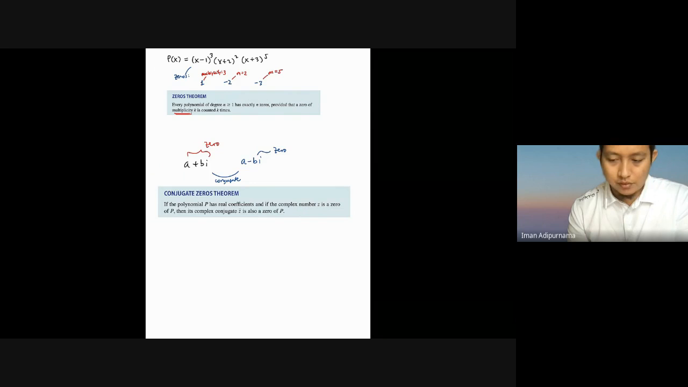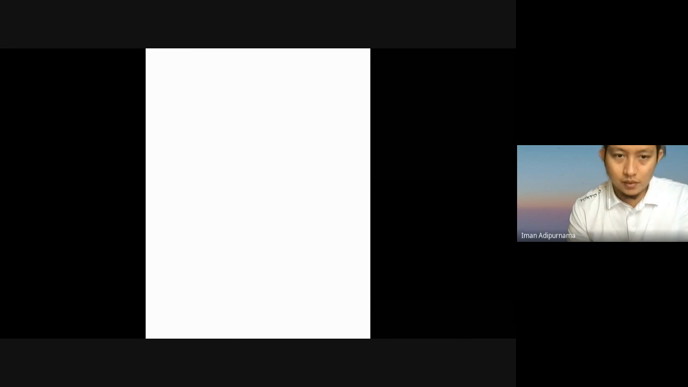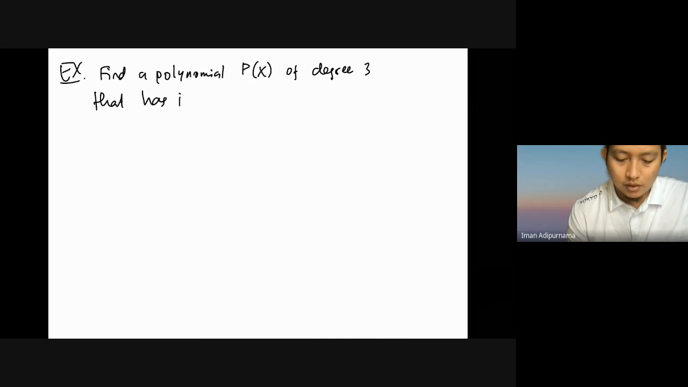Let me give you an example on how we are going to use our conjugate. Find a polynomial p of x of degree 3 that has integer coefficients